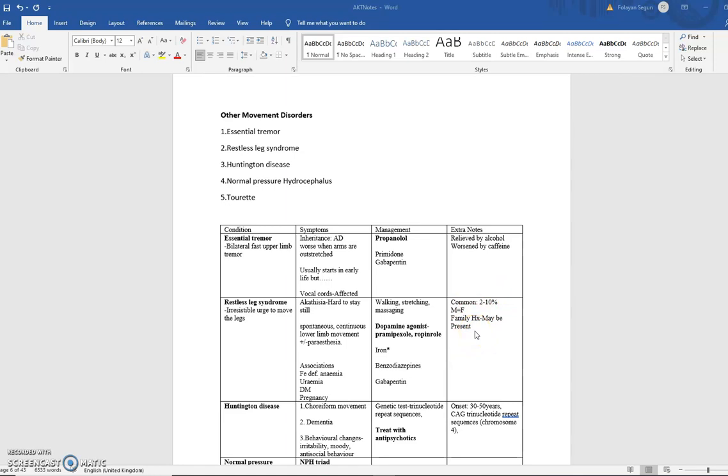A family history could be present in restless leg syndrome, and it is of equal incidence in males and females, and it's quite common. Two to 10% of the population have this condition. Okay. Now let's talk about